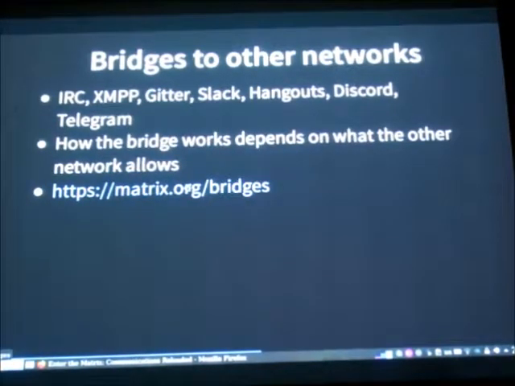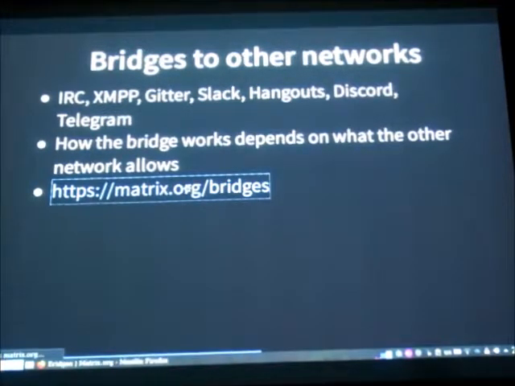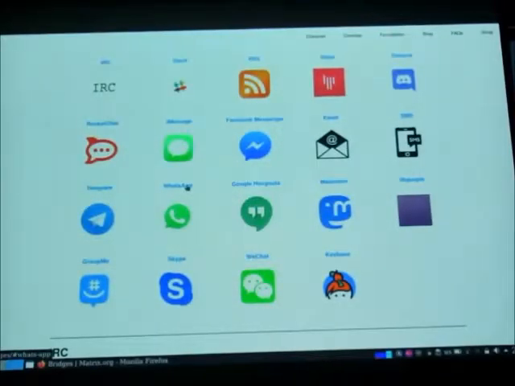Oh, right, and this page here shows a lot of different bridges that there are. So there's, I mentioned before, IRC, Slack, Gitter. This RSS just posts RSS feeds into a room. There's Discord, Rocket Chat,